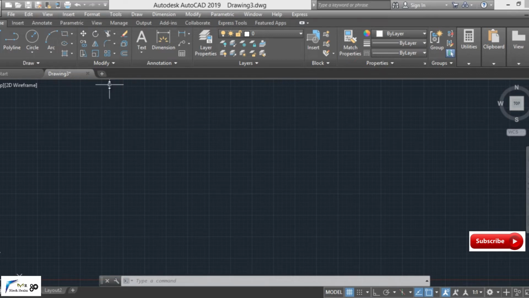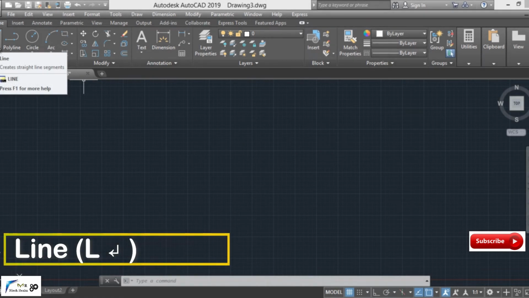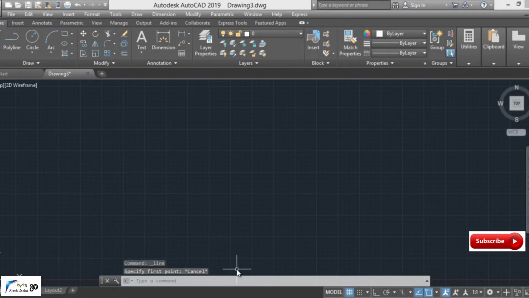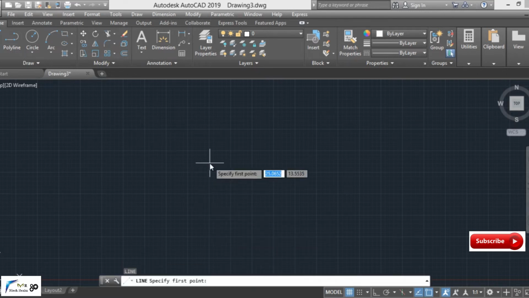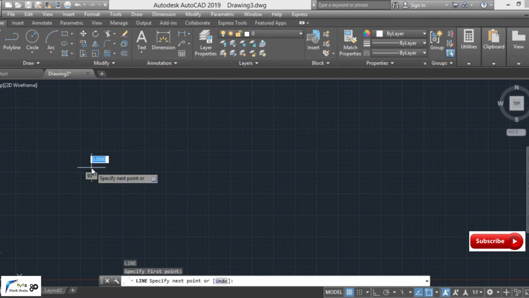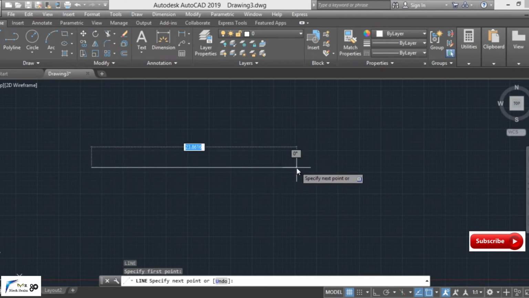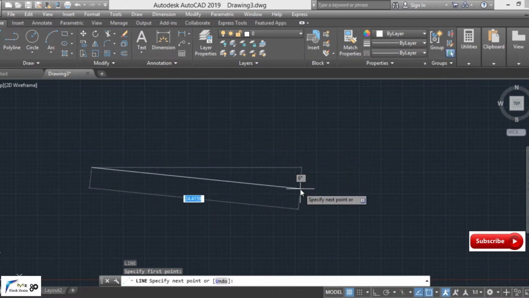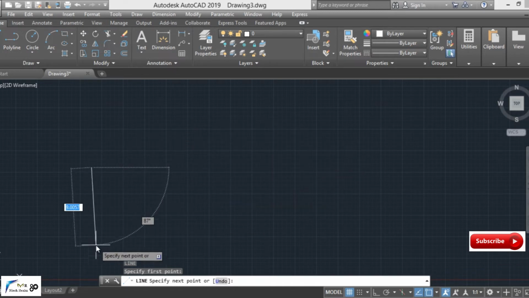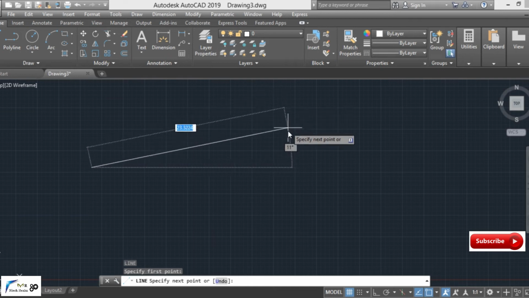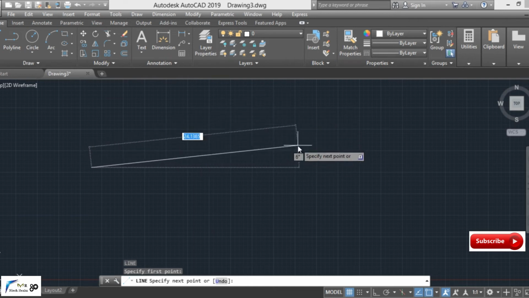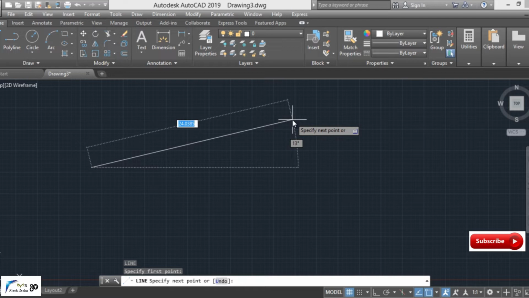Now first of all let us select an option, that is Line. Either you can select Line from here or simply you can type L, enter, in order to create a line. Clear? Now in order to specify the first point, we have to select a position and left click. Now just drag the mouse. While we drag the mouse, we see that the line is not horizontal or vertical yet, but it is at some particular angle. Clear? That is 5 degrees, 8 degrees, as can be seen from here.